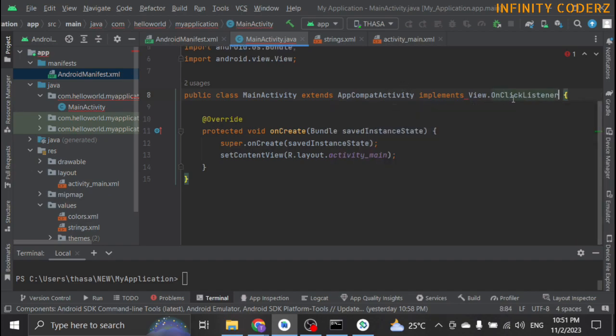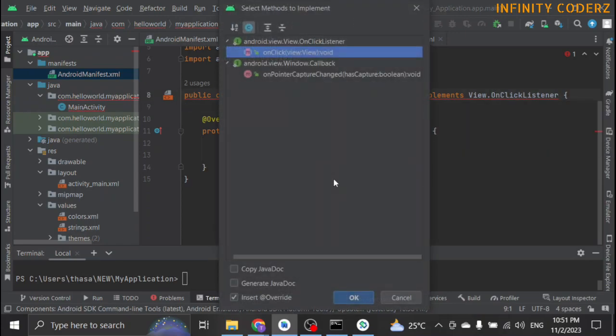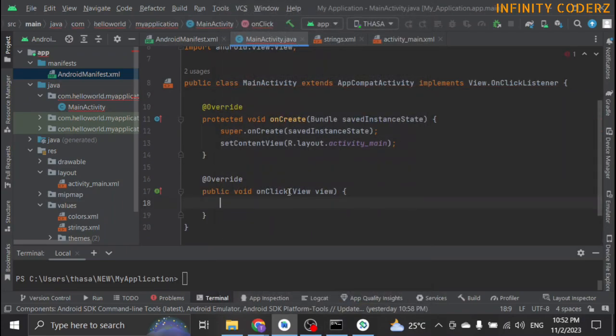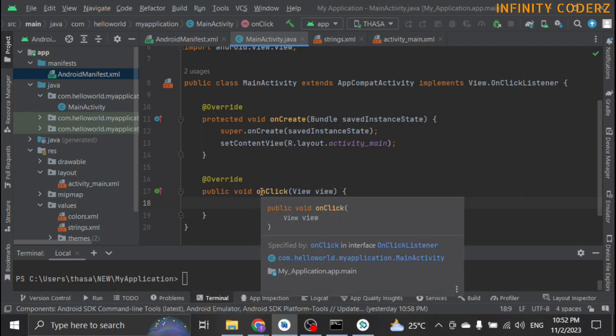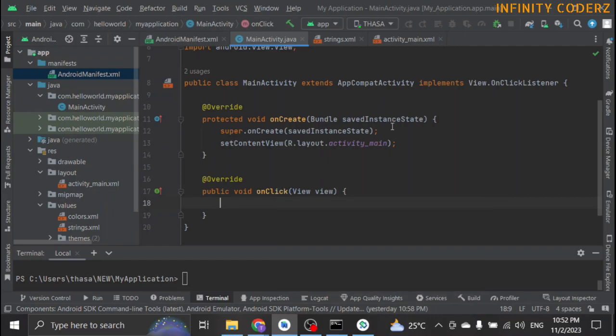In the main activity, implement View.OnClickListener for the button whenever it is being clicked. Once we have added the listener, there is a method that has to be implemented, which is the onClick method for the button. If you have any errors during coding, Android Studio will show you some suggestions when we hover on the error, and by clicking on it, we'll fix the code.